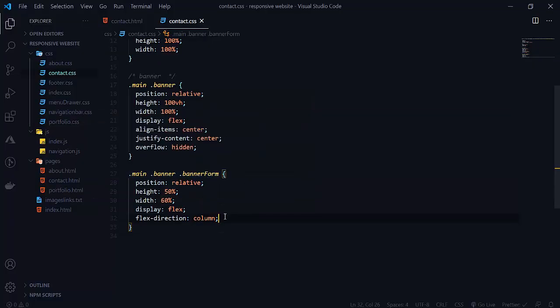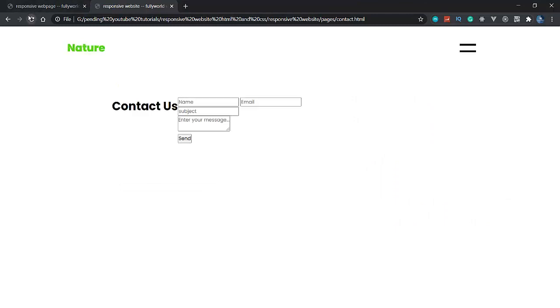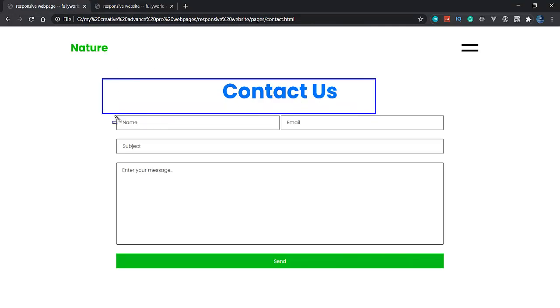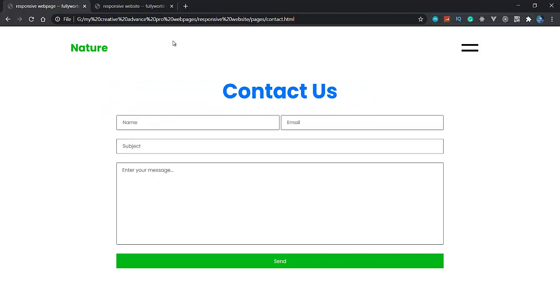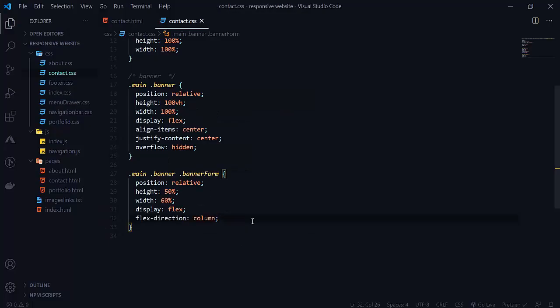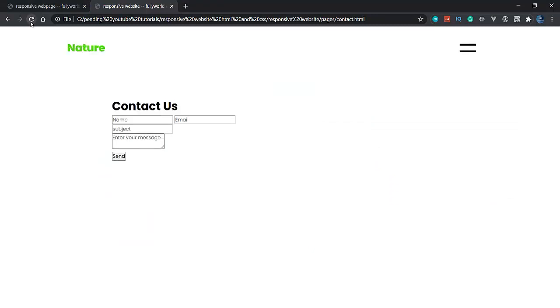See that when I remove this flex direction column here, we get this, but we don't want it like this. We want like this here. So contactors will be above and below will be our this one. So that's why I'm writing flex direction column here, because we want only one column. We don't want multiple columns here. So that's why we are doing this.